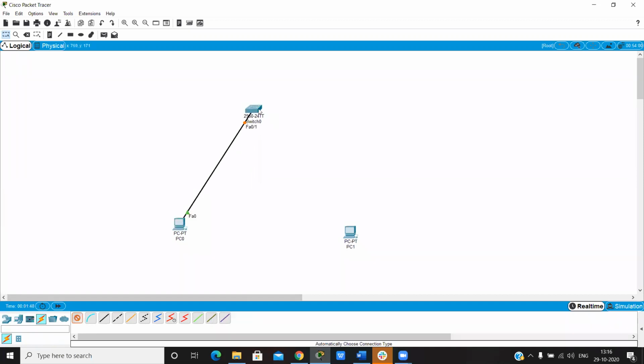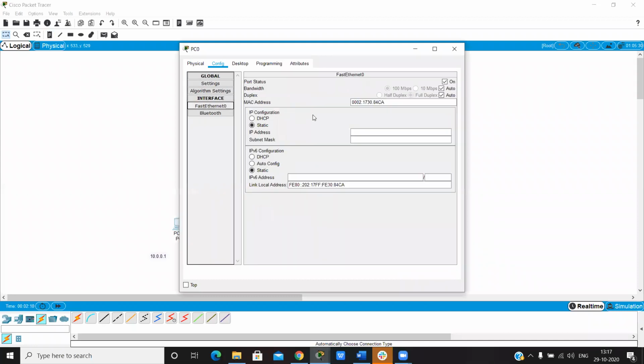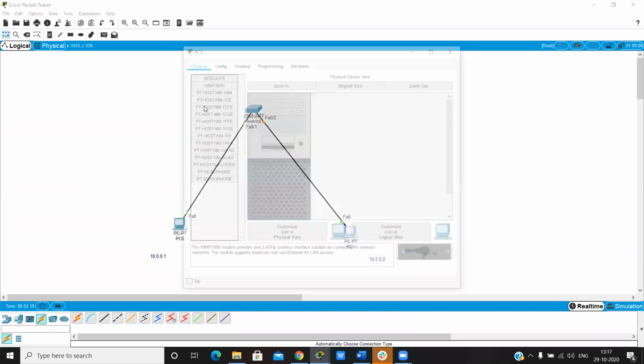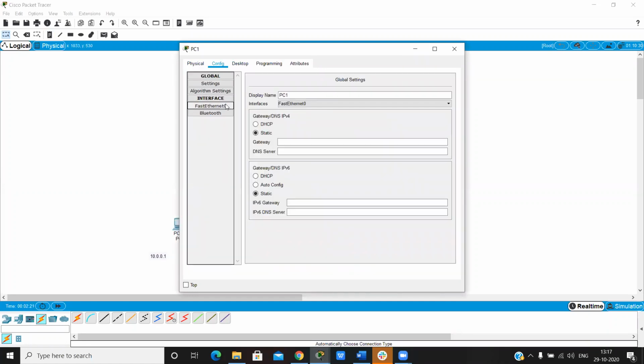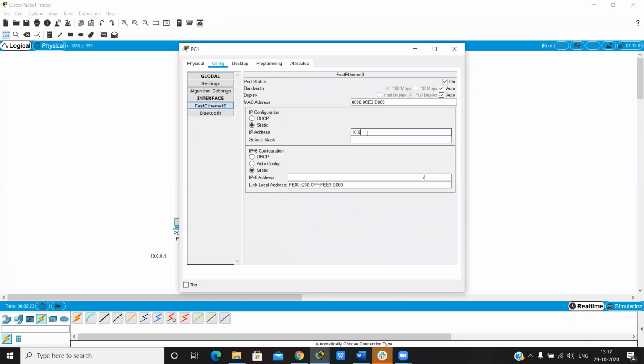If we have two PCs connected on two interfaces of the switch, firstly I will configure the IP addresses, 10.0.0.1 and 10.0.0.2.